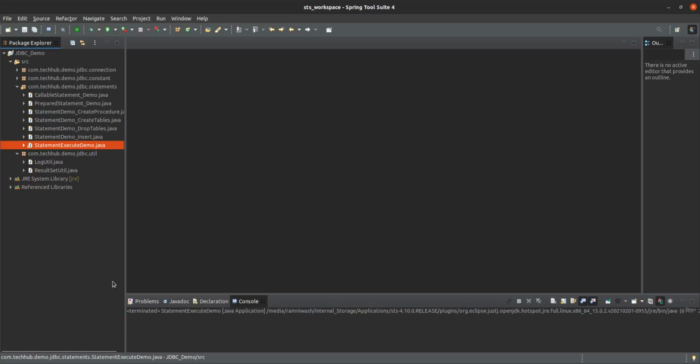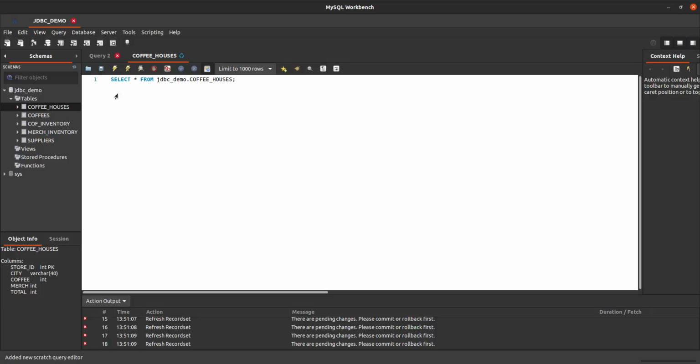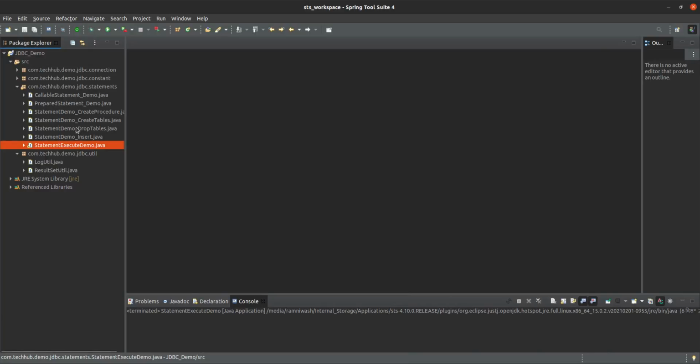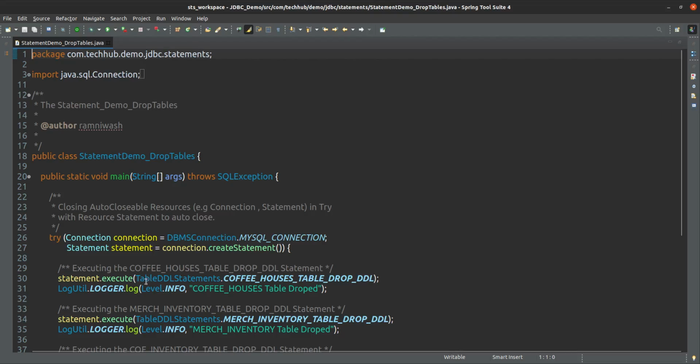Here, as we have already seen in the last session, we have created some tables and inserted the records into those tables. So what we are doing now, first we will delete those tables using a simple statement, that is a drop statement. So how will we do that? Drop statements are there.